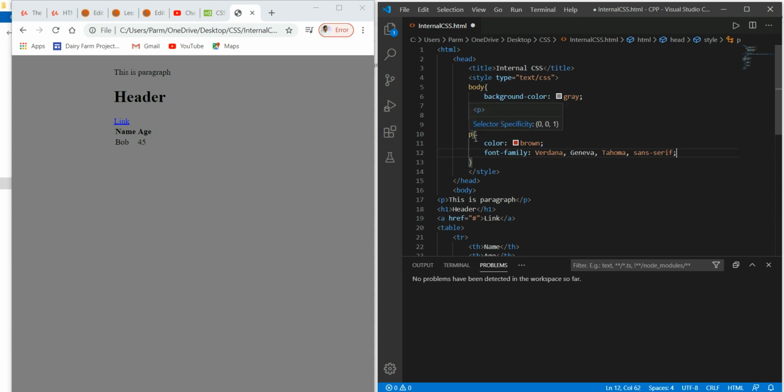Similarly, here we have a selector P, where the color is brown and the font-family is Verdana.